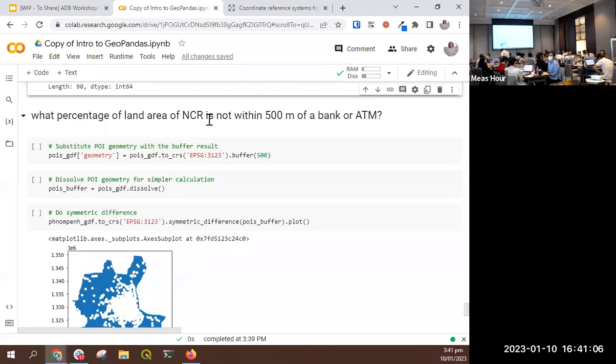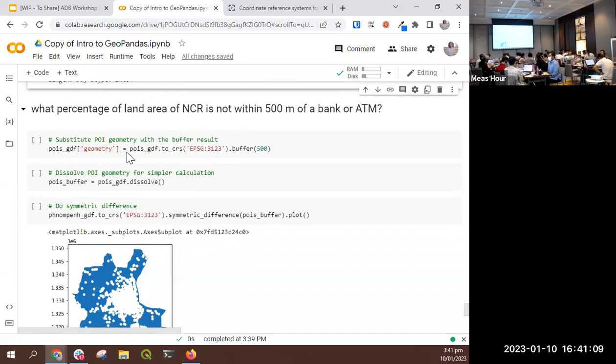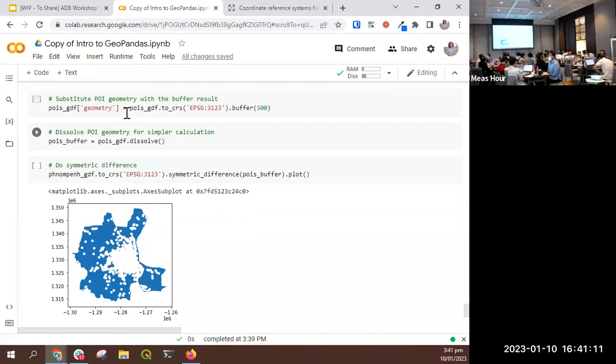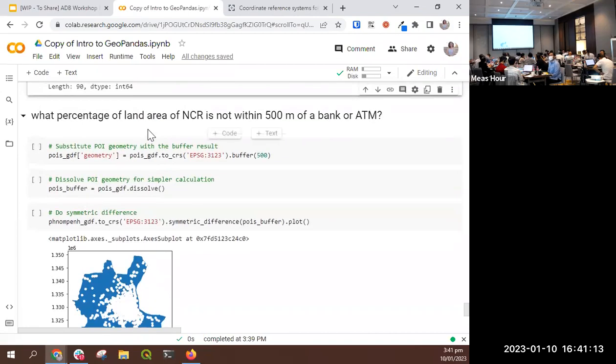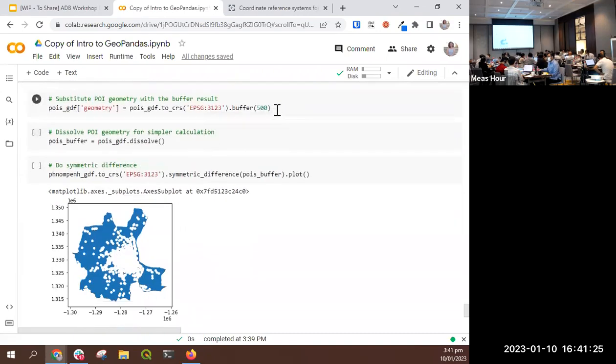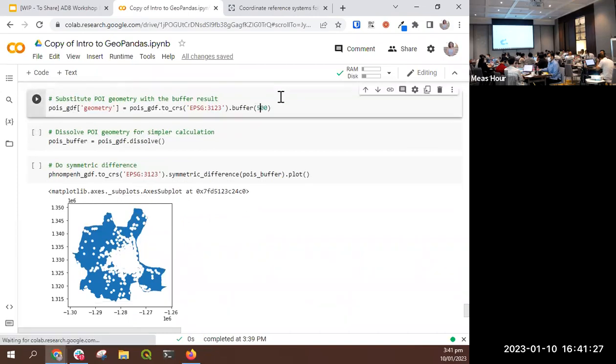So this is supposed to be Phnom Penh. We want to find what percentage of Phnom Penh is outside 500 meters of a bank or an ATM. Okay, let's make this a bit bigger, maybe 1,000 for 1 kilometer. So how much area of the province is more than 1,000 meters away from